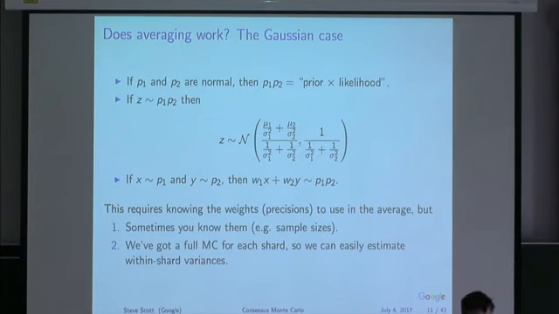Well, I know what P1 times P2 looks like, right? If they're both Gaussian, then if I think about this one as a prior and this one as a likelihood, that looks like Bayes' rule, and I know what happens to the means and variances in Bayes' rule. So P1 times P2 is going to look like a normal with a precision-weighted average of the means, and the precision of the normal is going to be the sum of the precisions of the two factors in the product. Okay, so that's the distribution I want draws from.